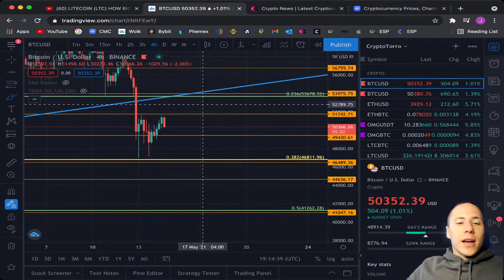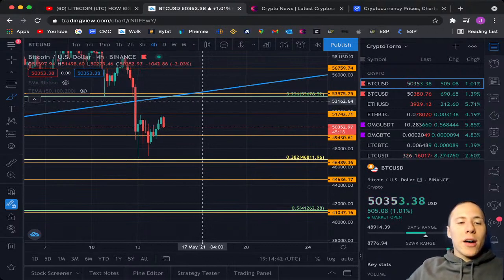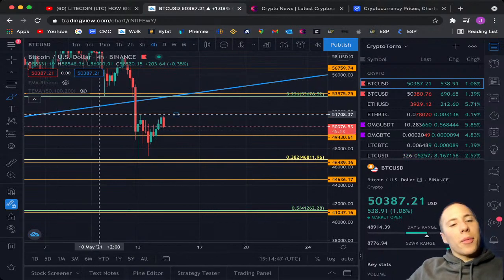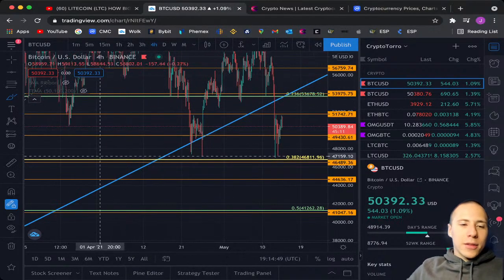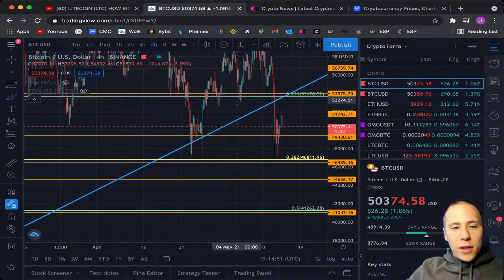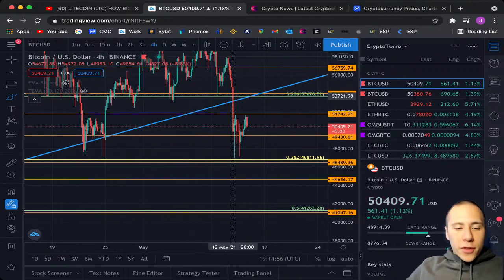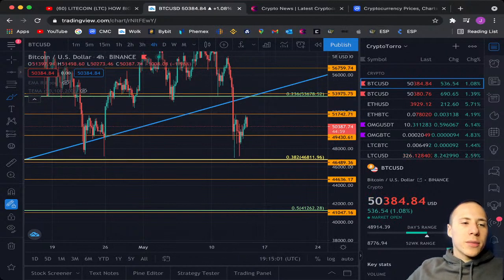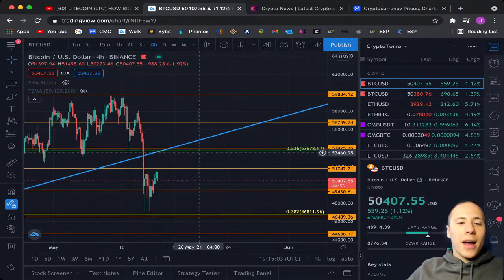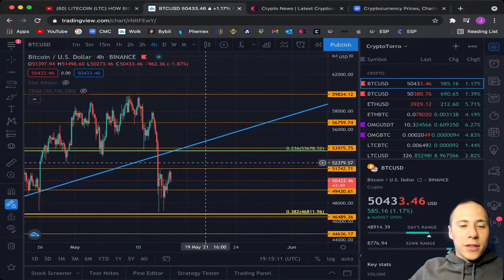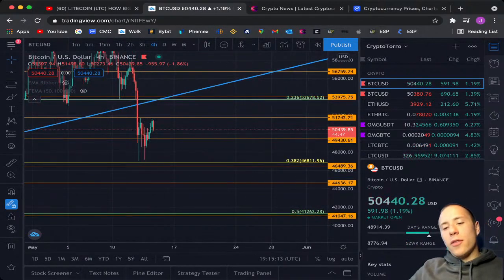if we break above the 0.382, we will also be breaking once again through this uptrend that started at the beginning of the bull market all the way until the 12th of May, when we saw this huge drop that caused a lot of trouble in the cryptocurrency space. But if we get back up above this trend line, I'm personally thinking that we will see huge moves being created. And what I would like to show you as well is Crypto Rover.